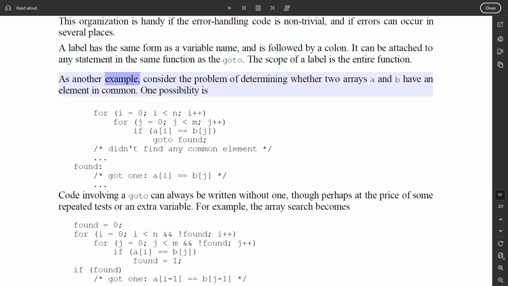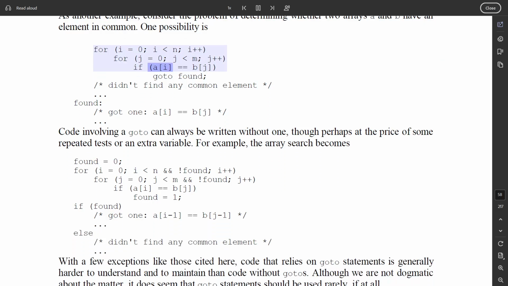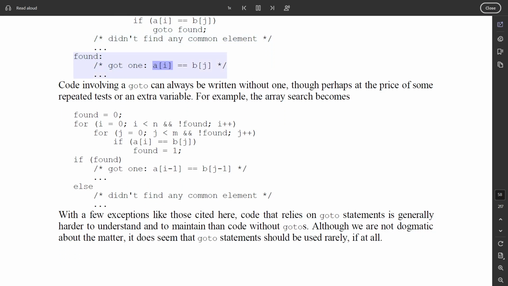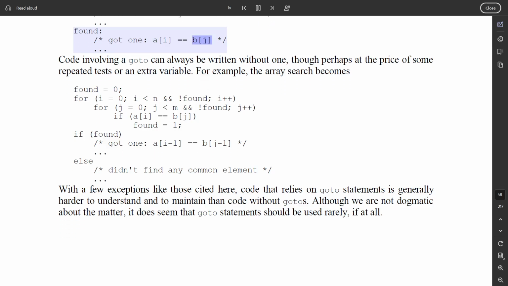As another example, consider the problem of determining whether two arrays a and b have an element in common. One possibility is: for i equals 0, i less than n, i plus plus, for j equals 0, j less than m, j plus plus, if a[i] equals b[j], goto found. /* didn't find any common element */ found: /* got one, a[i] equals b[j] */